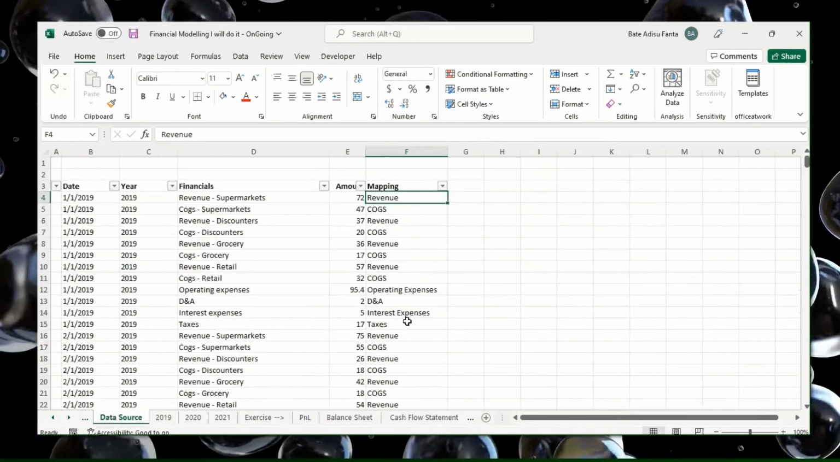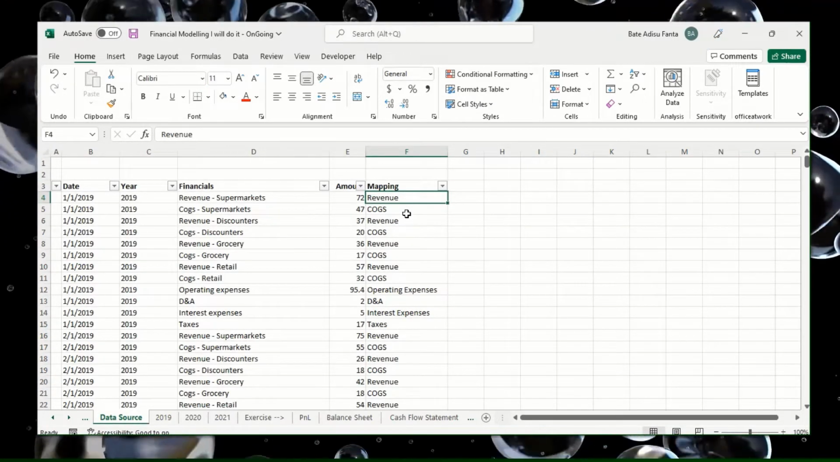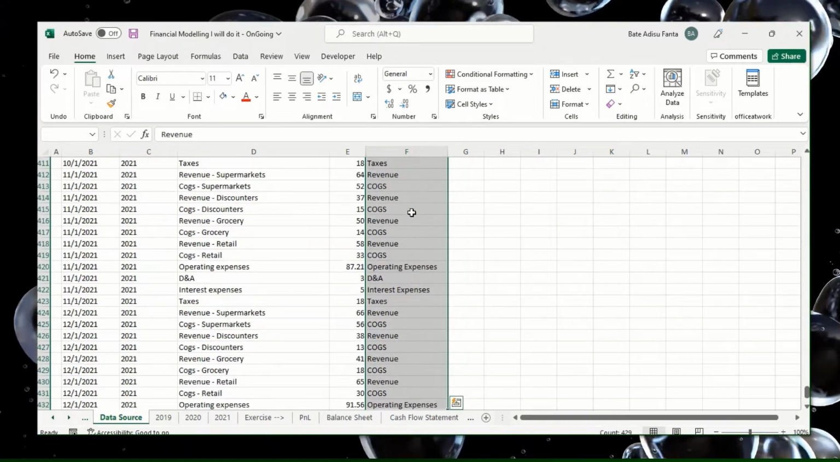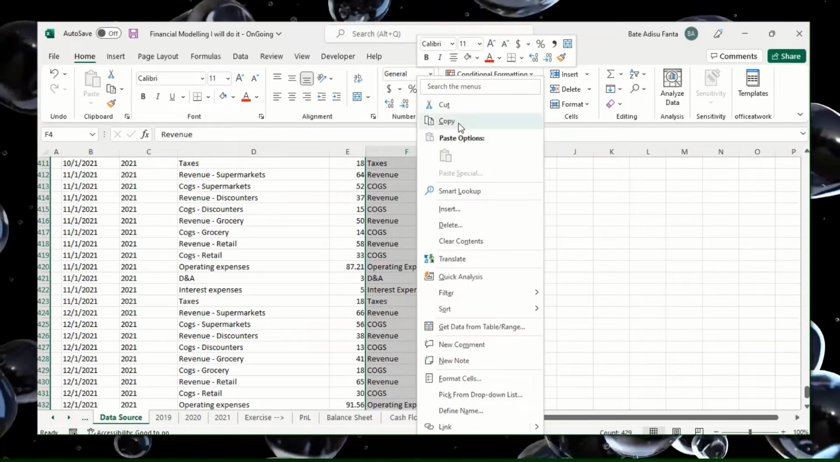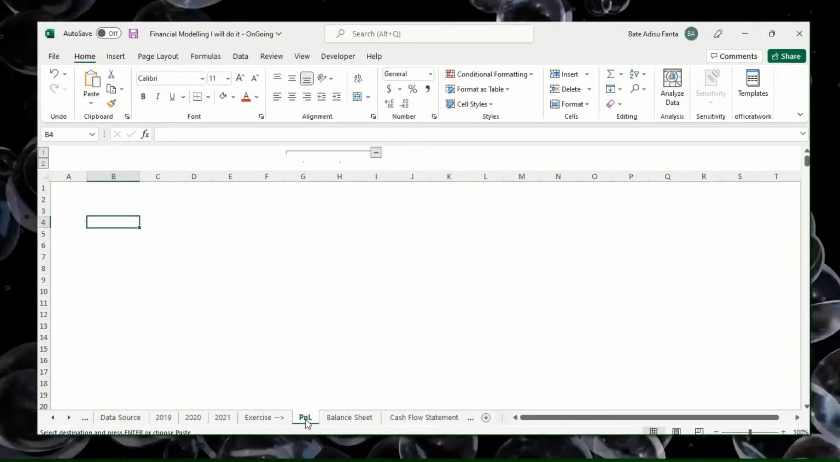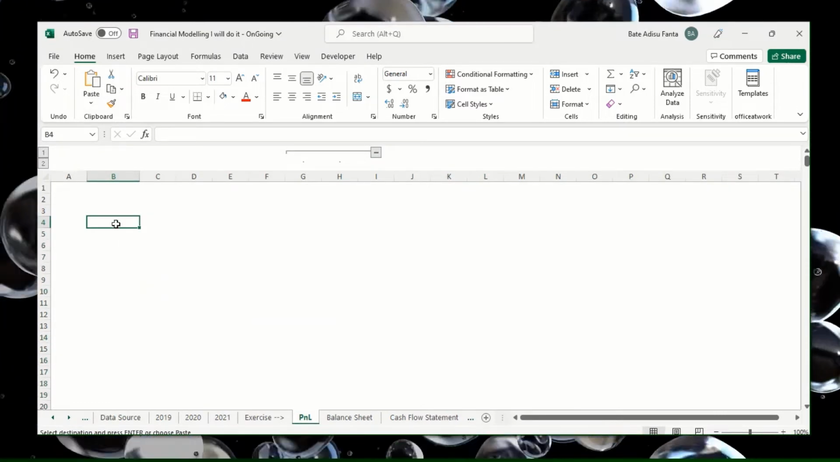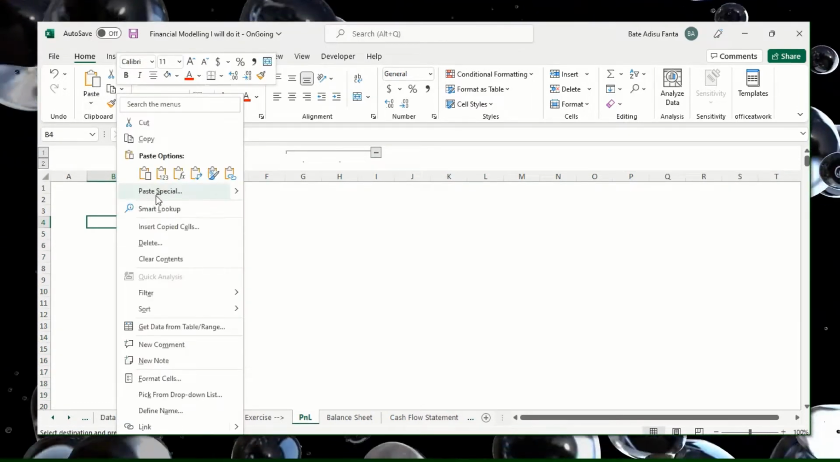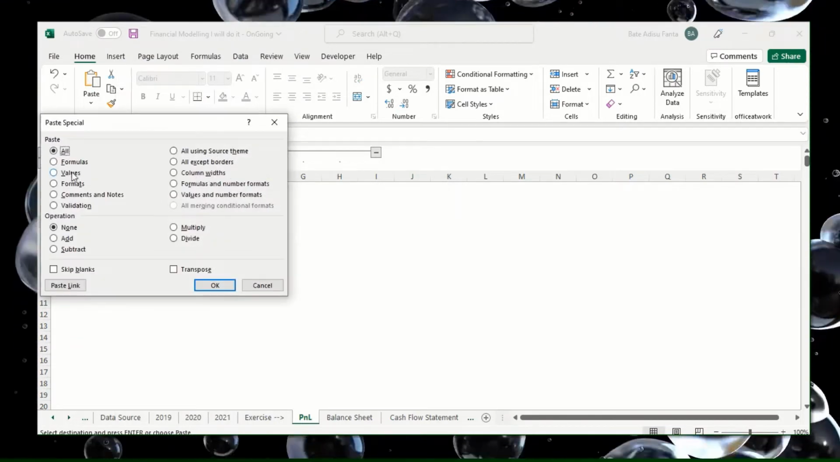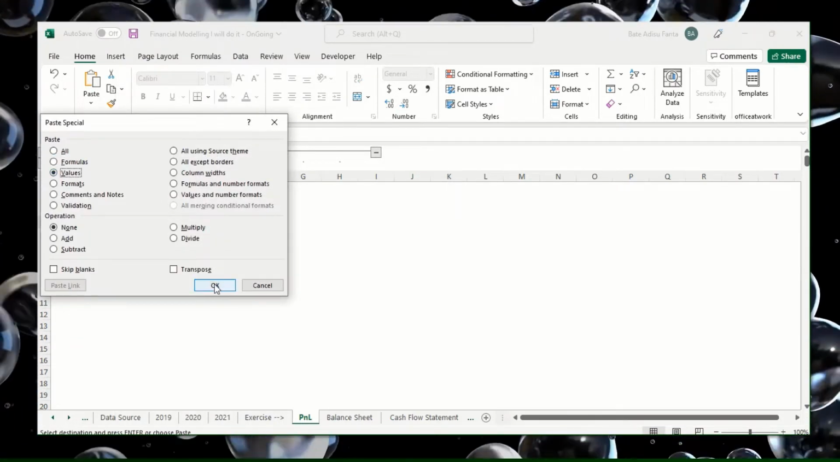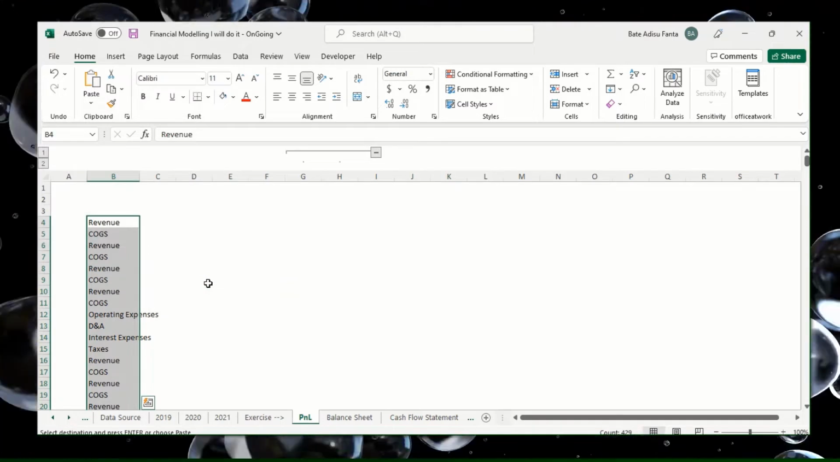So I select this, Control Shift, down arrow, and then I do copying. I go to P&L statements, and then I do paste special. In the paste special, go for values. Yes, and then in this,